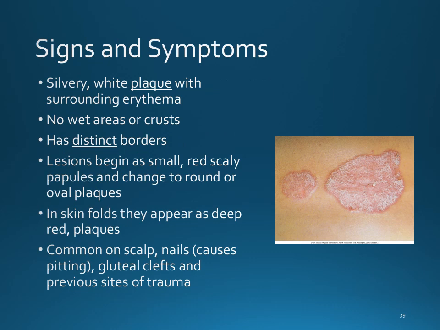So, signs and symptoms. I think this is really easy to pick out, which is one reason I chose it, because it looks very different from anything we've talked about thus far. It's got a red base, but the difference here is that inside you've got this silvery white plaque. It's very dry, kind of crusty, but you can also see around the edges these clearly defined and distinct red borders. They kind of stick out around that white area.